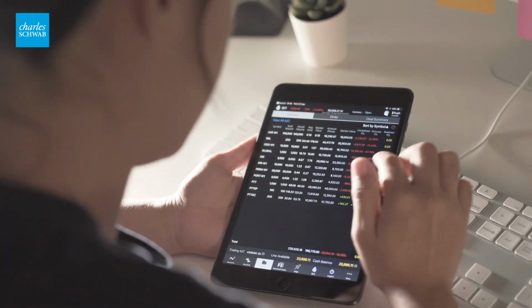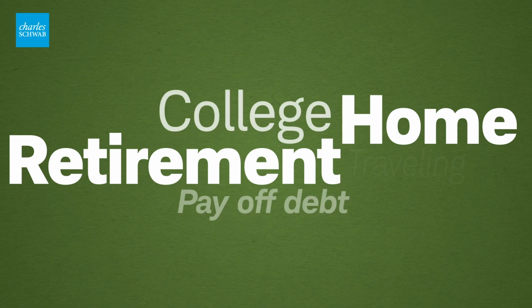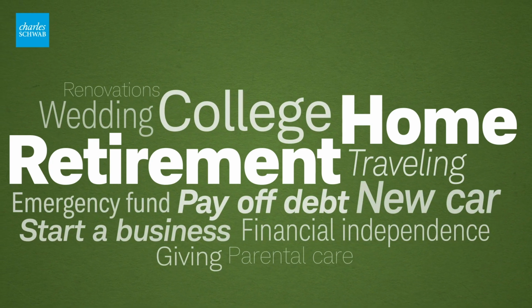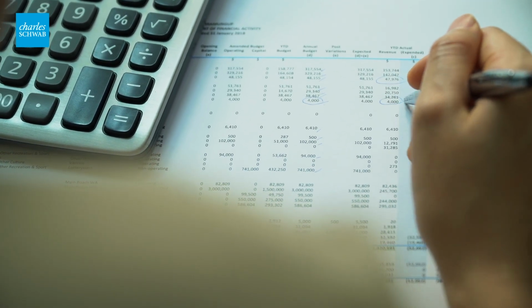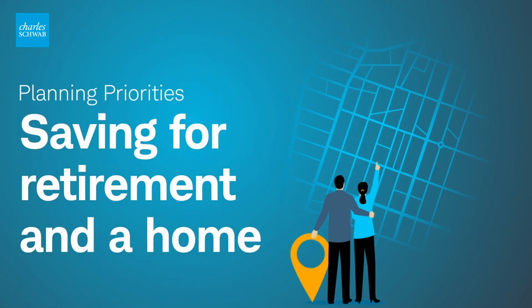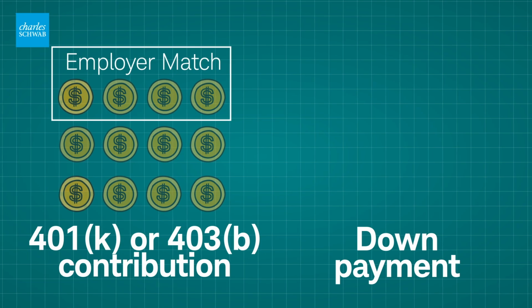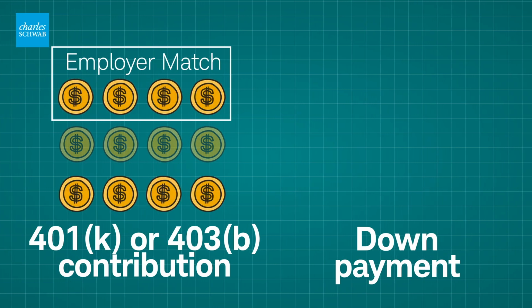Investing for retirement and saving for a down payment on a home often share the spotlight amongst financial goals. Working on either of them might feel like you have to pause the other, but making progress toward both targets can be doable with some basic financial planning. It could be as simple as contributing just enough to your employer retirement plan, like a 401k or 403b, to